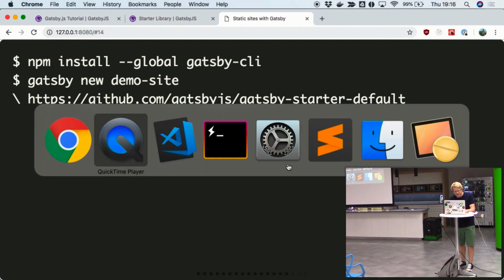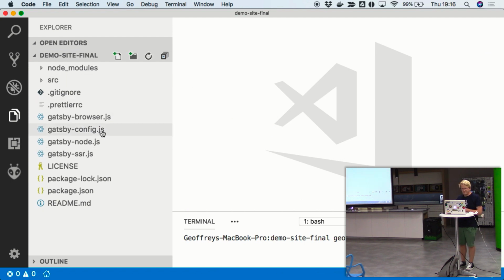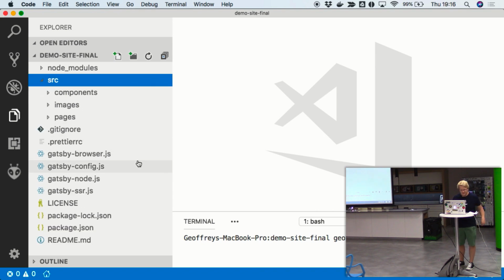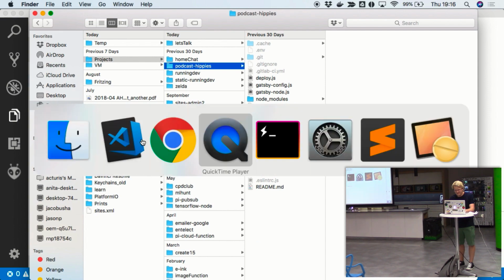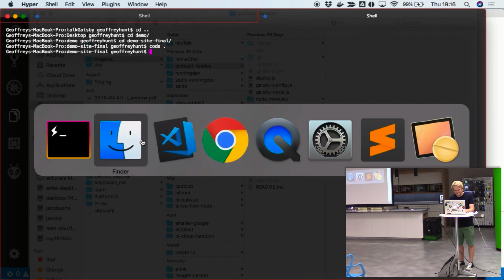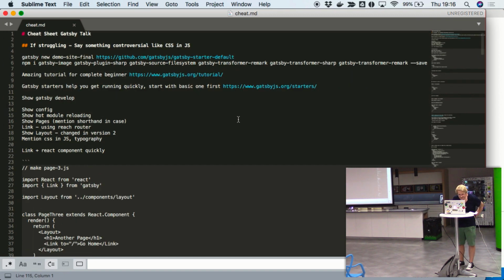Okay, so after you run that, this is what you get. And it's basically like React. Let me pull up my cheat sheet just as well. Yeah, so the tutorial is really cool.